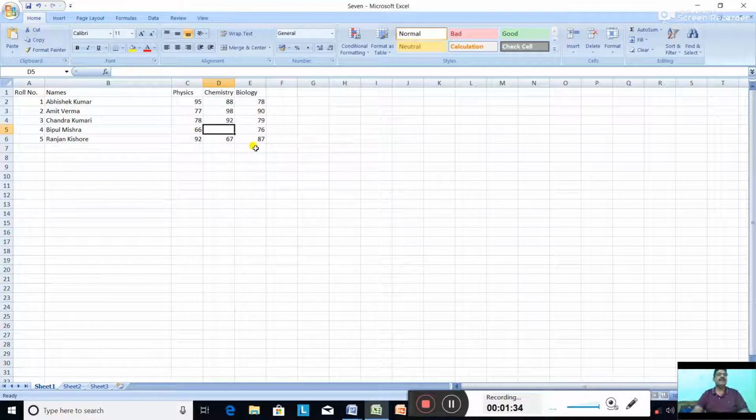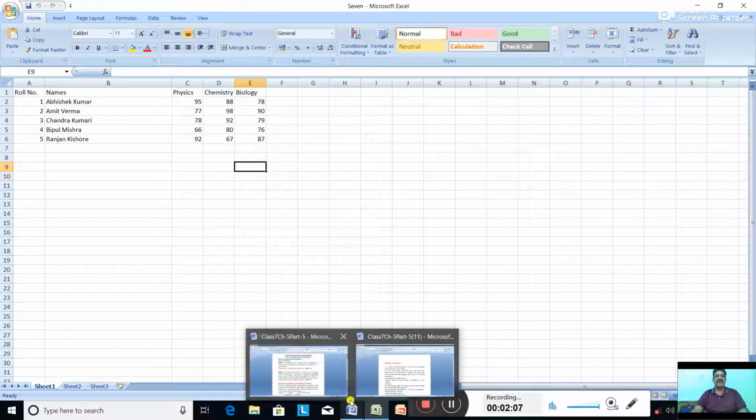It is deleted. As you delete, we can see the undo button has become active here. This is the undo button, and this is the redo button. Whenever we delete, the undo button becomes active. So click on the undo button. It came back. Now click on the redo button. The last action is cancelled. Again click on the undo button, and again we got the marks. This is the way we use the undo and redo buttons in MS Excel.